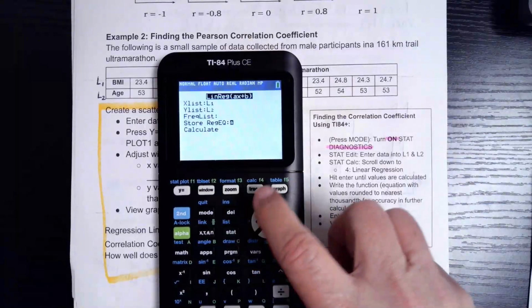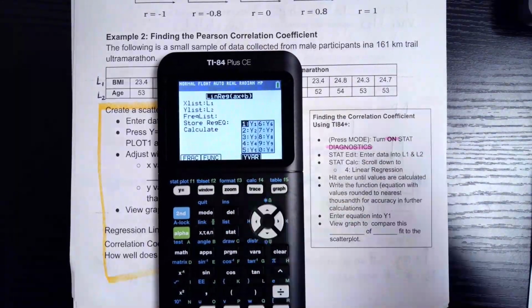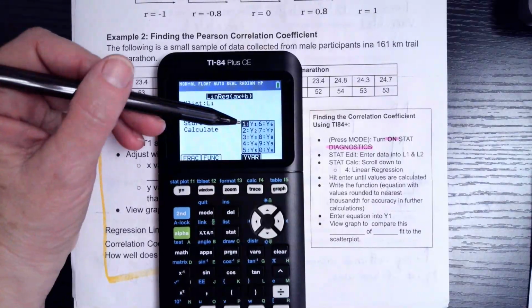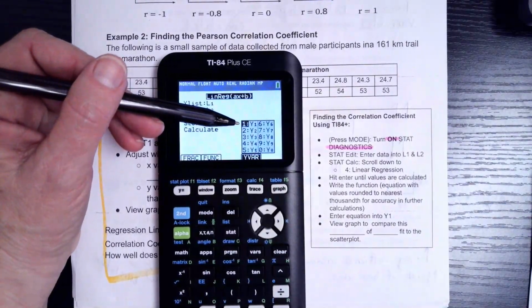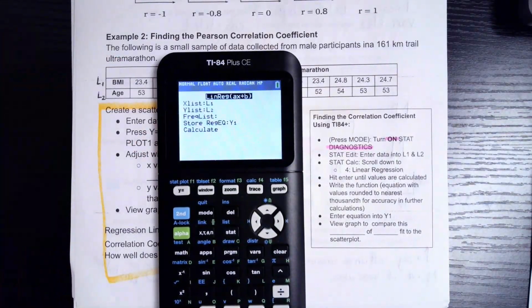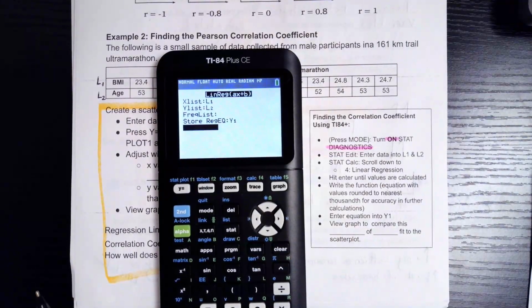I think if I hit alpha trace, it gives me an option of where to store my equation, and it already thinks I want to put it in Y1 because it's got that one blacked out, right? So I hit enter, and now my equation, I will not have to copy it onto paper and then type it into Y1. It's going to appear in Y1. I probably will have to copy it onto paper just to answer the question, what's the equation of your regression line? And then I go down one more to calculate, and